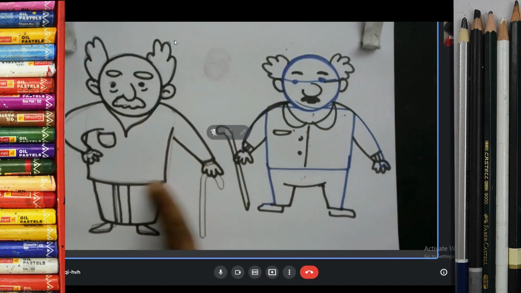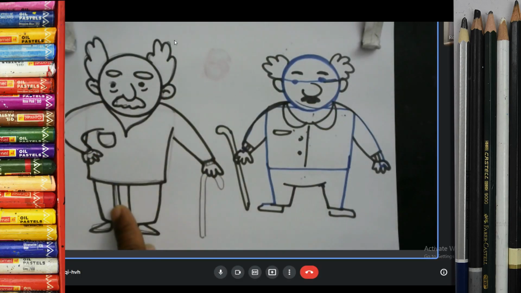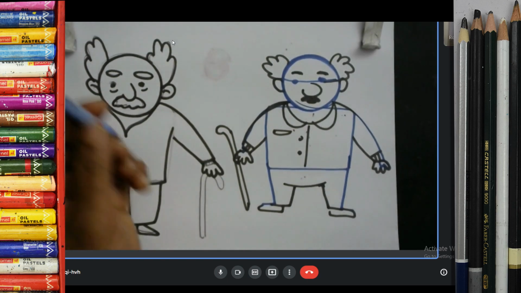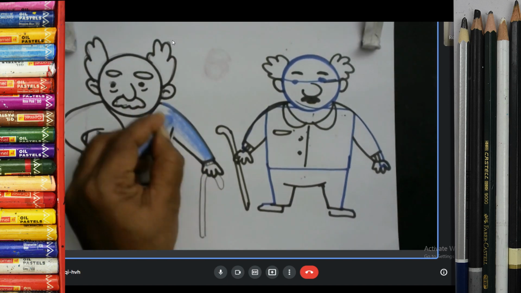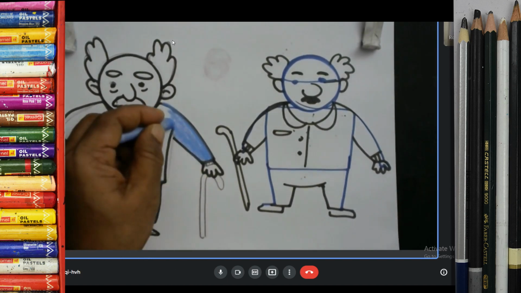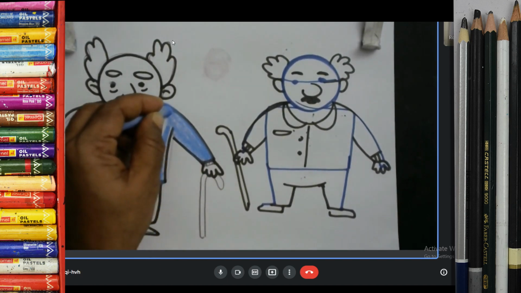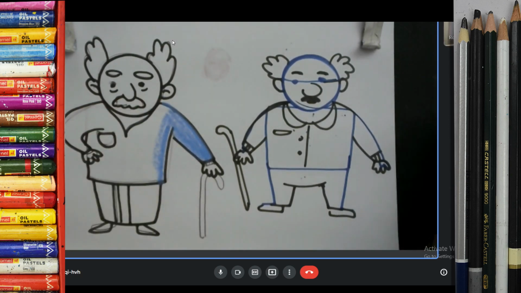Okay, so I make the border line and all, and I put the color. Okay, so I take color sky and put the color inside. Okay,